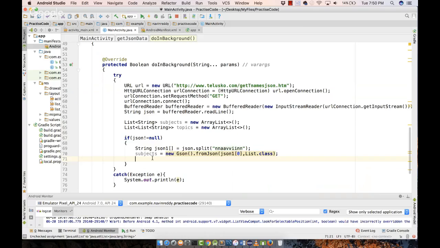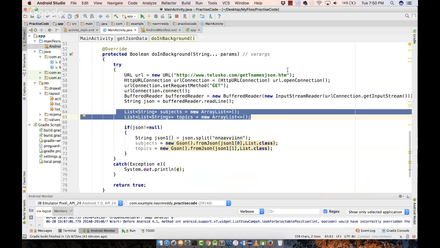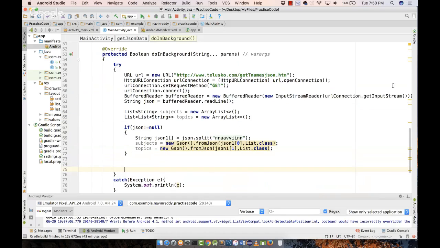The same thing can be done for topics as well. So I will copy this code, we'll paste it here, and instead of saying subject, this is topics, and this is array1, and that's it. We got this list here. See, it's that simple. Now, once you got this list, we have to write some advanced code. So just be with me, everyone. The code I want to write here is,